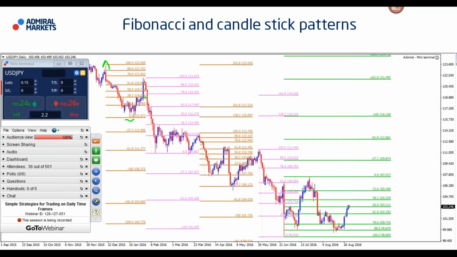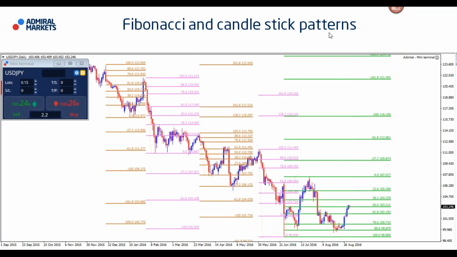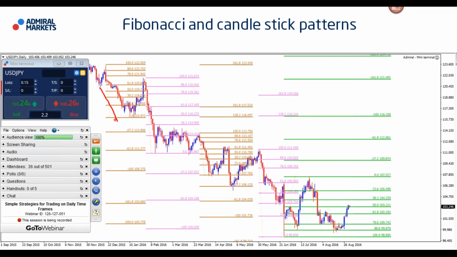But basically what I'll be doing is looking for candlestick patterns at fibs. What I do basically is either a candlestick pattern or two candles back to back that are in the opposite direction in a way, or with the trend, let me say it this way. So what I mean by this is price is moving lower here, put the fib on the high to the low. We're looking for a reaction at these fibs.